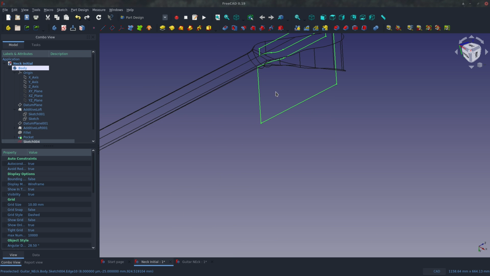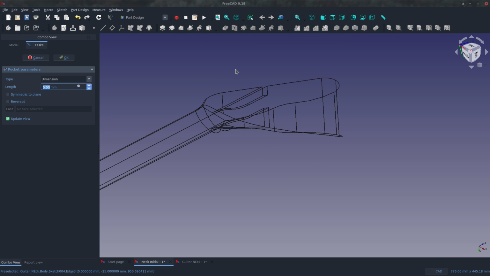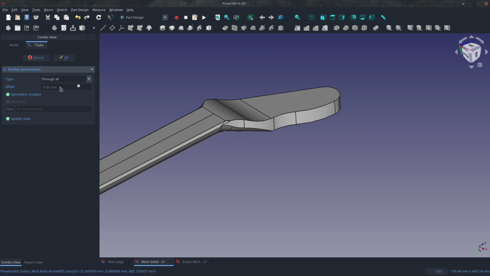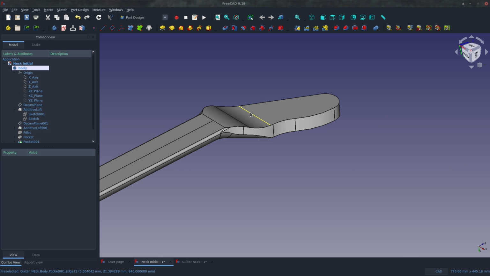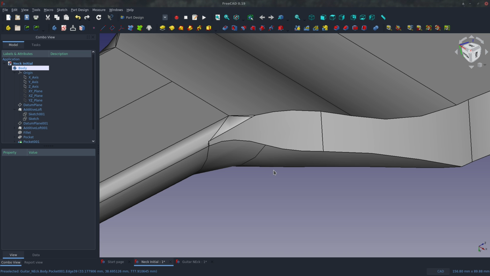So with that closed, how about we do a pocket? And we'll go through all, symmetric to plane. I can switch my view back to as is and accept that. Excellent. Now, if you want to fillet this, rule number 1, save before every fillet, because when you have